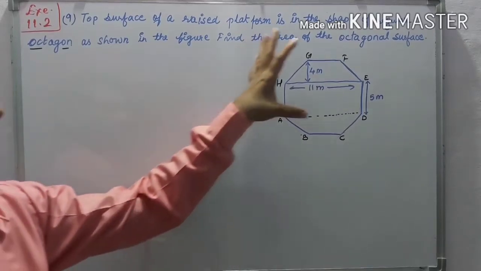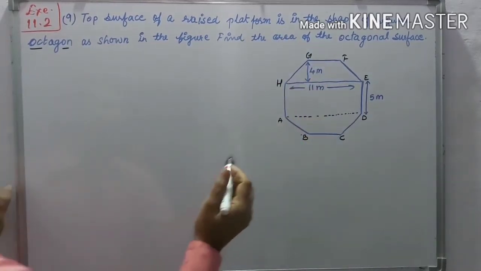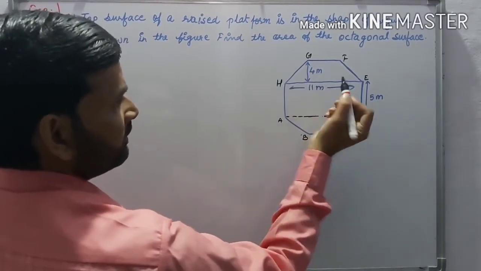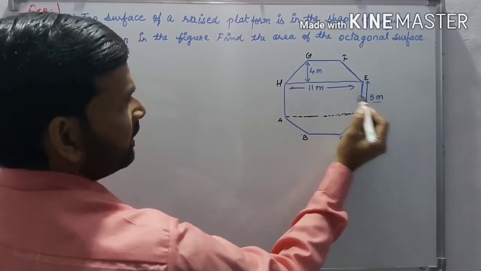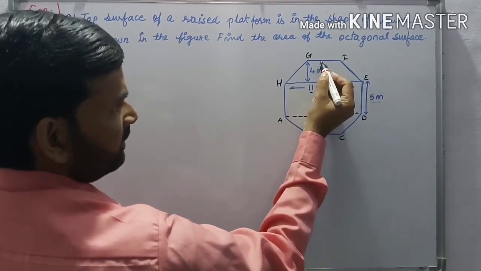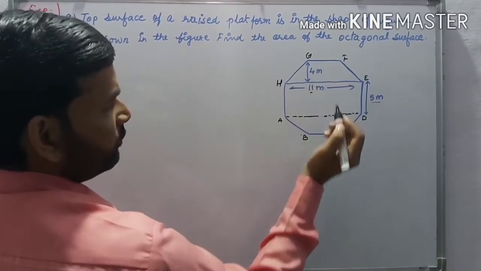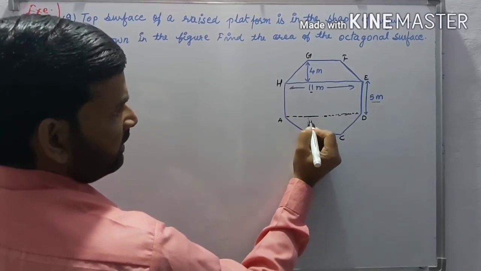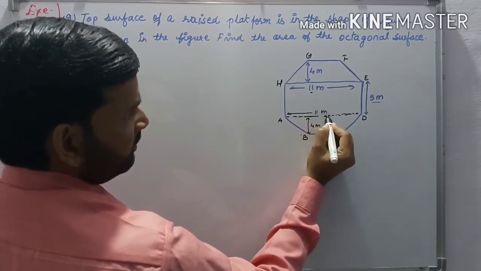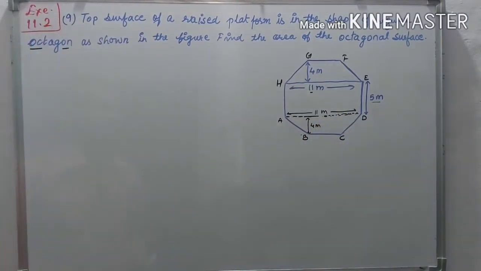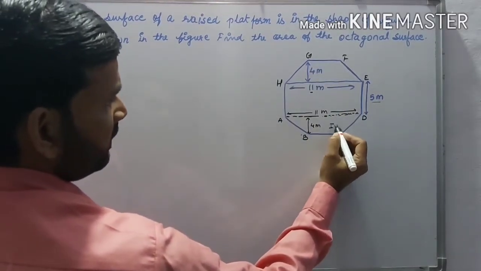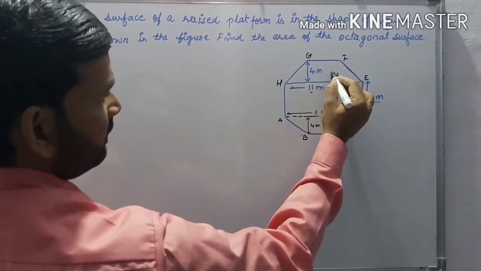Because we have no direct formula, to find the total area of the octagon we divide it into 3 parts. Here the side length is given as 5 meter, and the distance is 11, and for the first and second side the distance will be 4 meter. Similarly here the distance is 4 meter and the length of this side is 11 meter. Okay, so you see there are 3 parts, 1 2 3.